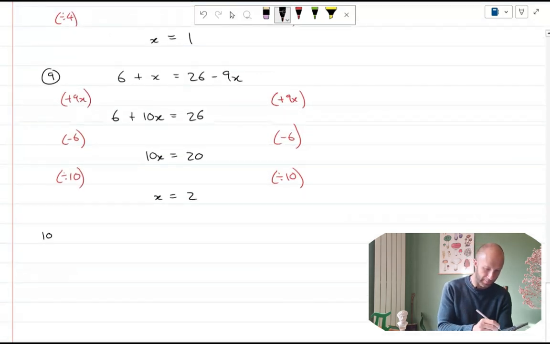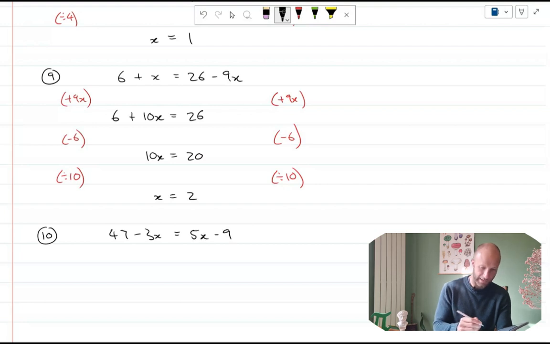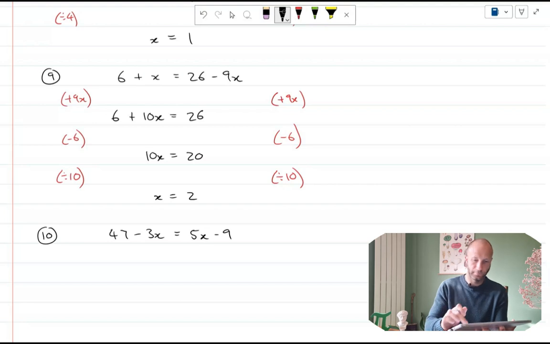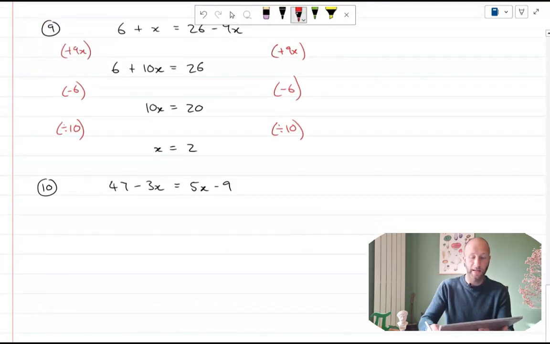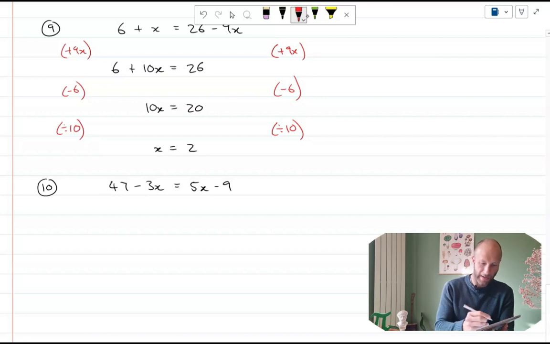And I would definitely be pausing the video once you've written this number 10 down and having a go yourself, because we've got quite a few examples now. 47 minus 3x equals 5x minus 9. Again, think about how you can try to keep your x's positive. Here, if I add 3x to both sides,